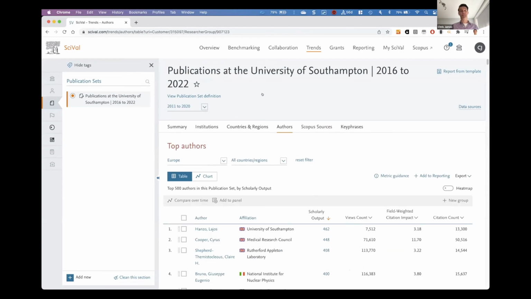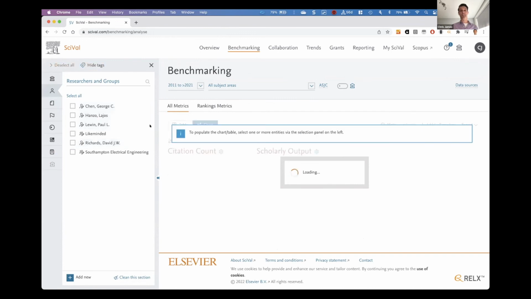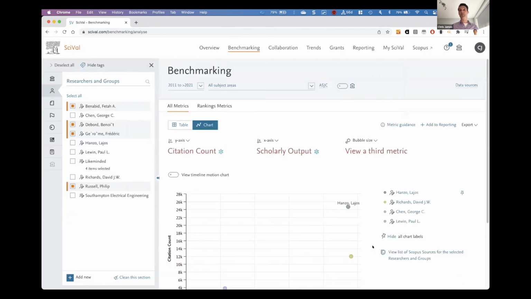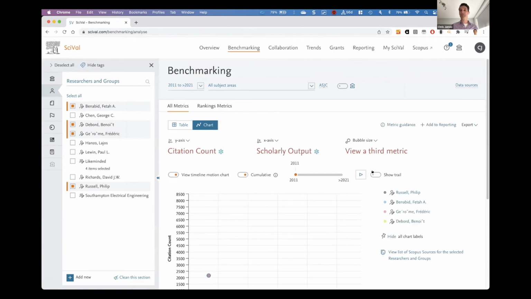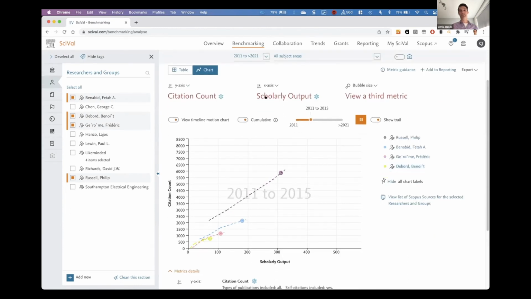And then of course I can look at them as a group, but what I'm interested in is, okay, let's have a little comparison. How do they compare to our current group that we have, or which are the best researchers from this new like-minded group with citations and publications that maybe we'd want to have a look at their work, or maybe we want to reach out to them for some collaboration. So the same kind of thing, we can have a look at citation counts and scholarly output